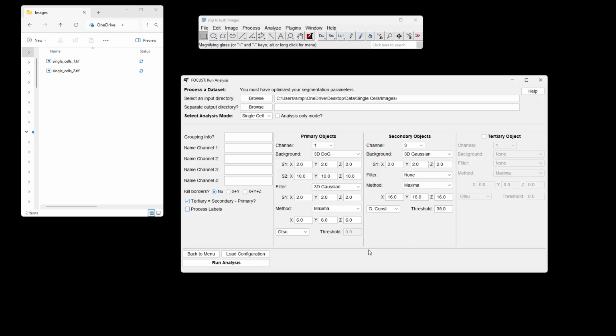Great, I think we're nearly ready to go. So we have a directory with images, an analysis mode specified, and some segmentation parameters for each of our object types. Great. We have these text boxes in the analysis window as well. If you would like every object in this experiment to reference a particular group for your experiment, you can